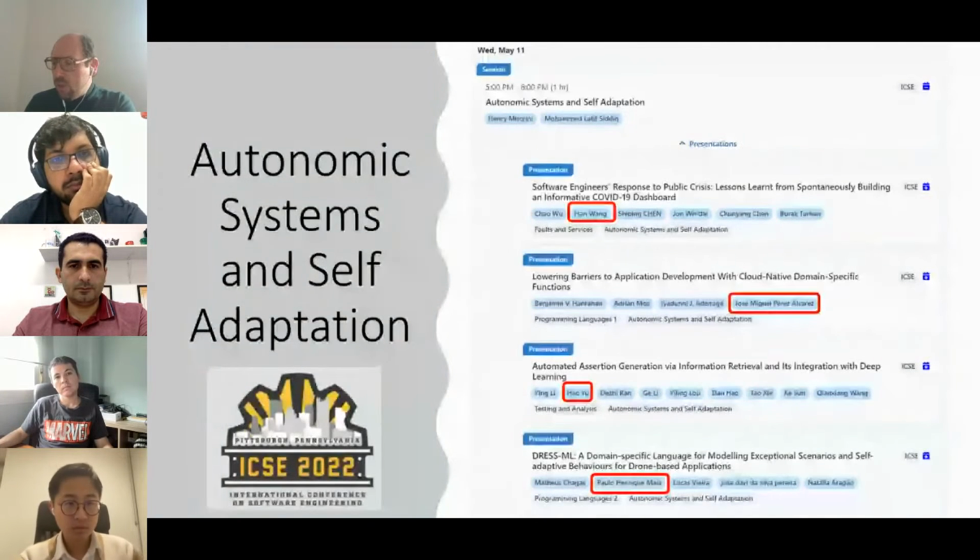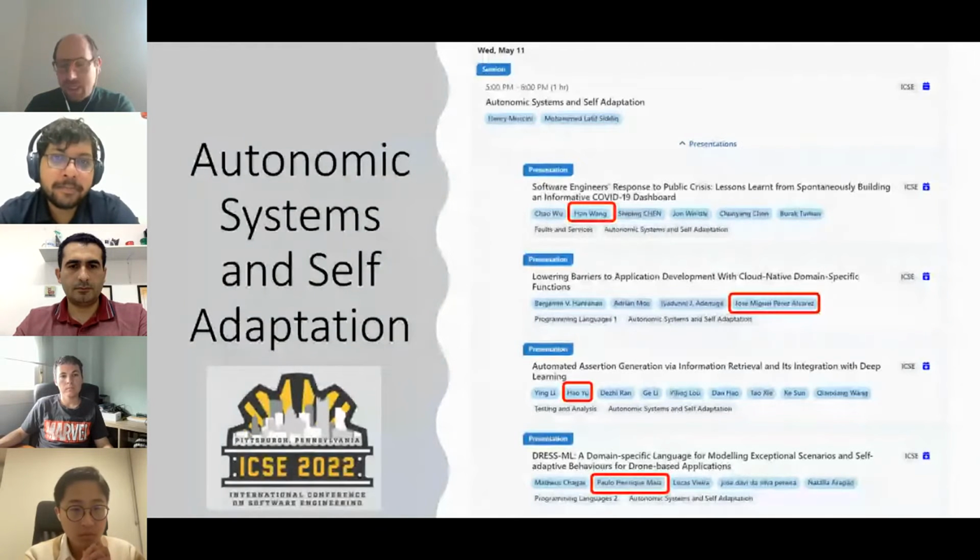I was checking for similarities or links, something you already discussed in a sense. For example, how the paper presented by Jose Miguel could intersect with the paper on the DSL for drones that we discussed.